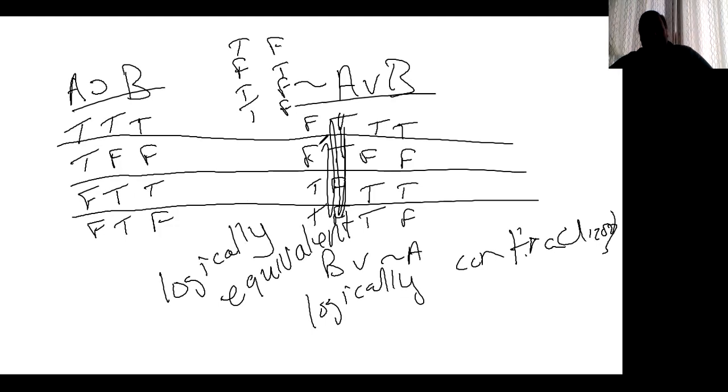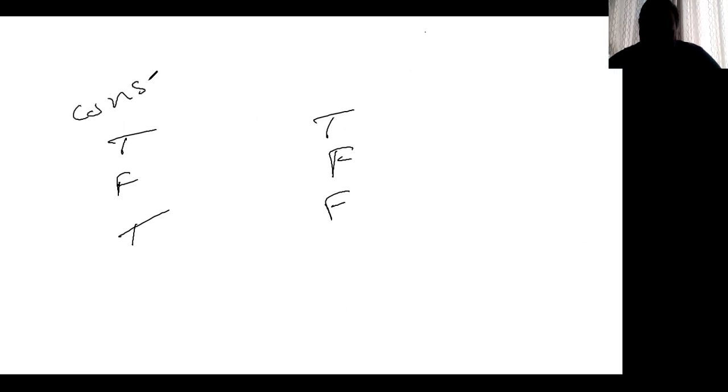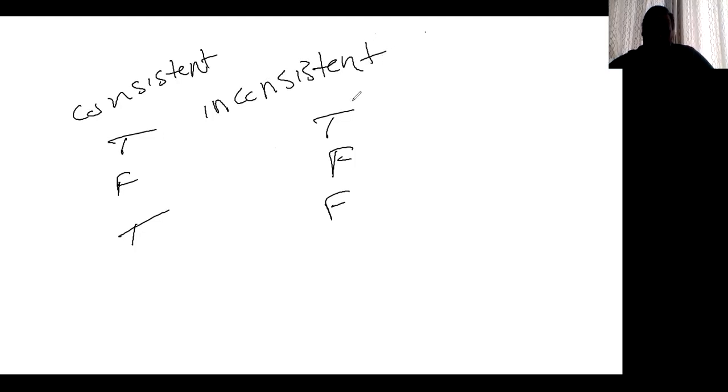There's two other options, and that is where the truth value of the statements is going to be a little bit conditional. There are some where they sometimes are both true and sometimes both false, but sometimes they depart, and one's true and one's false. And what we do is we have these labels of consistent and inconsistent. And consistent means that